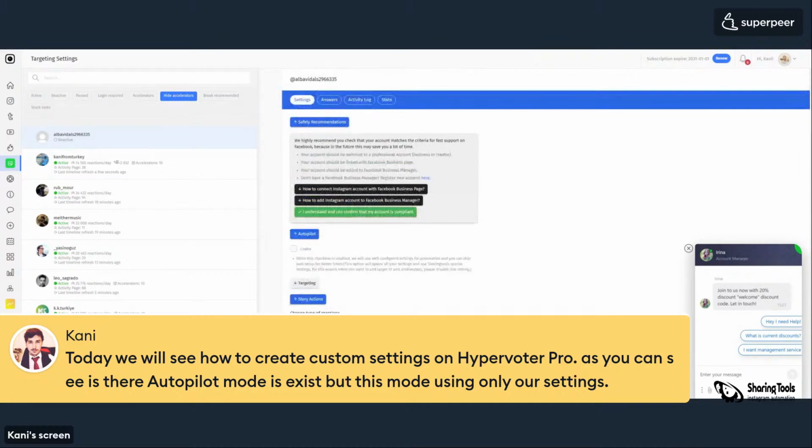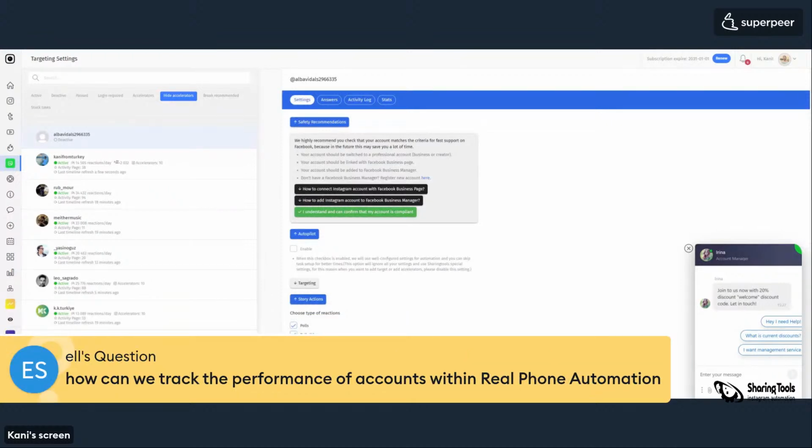I complete my first explanation. How we can track performance of real phone. As question is very good. So much time I get this question. On real phone,